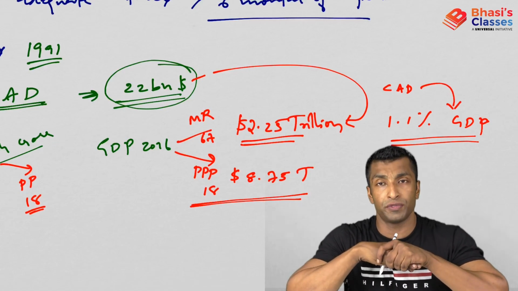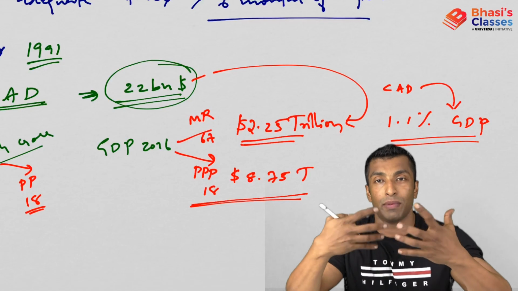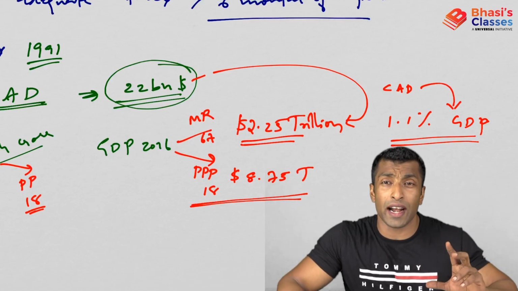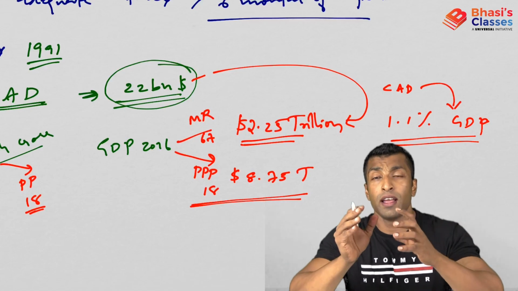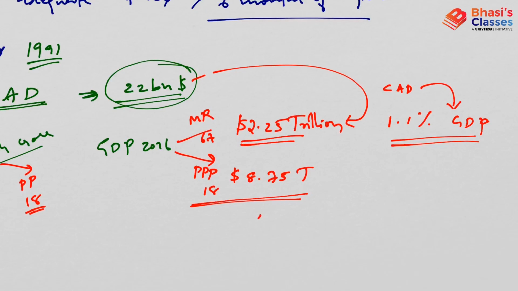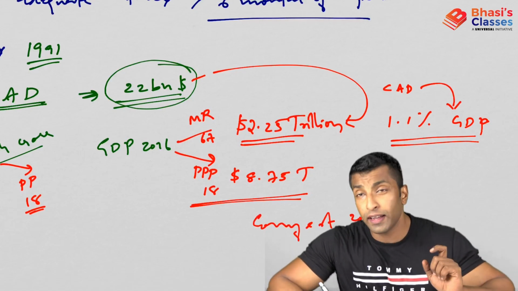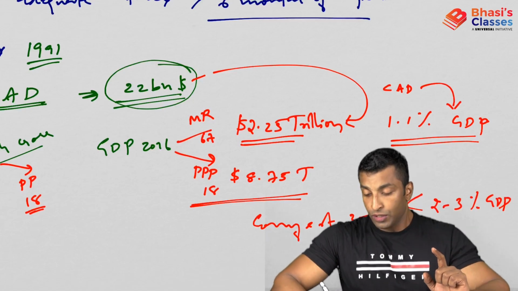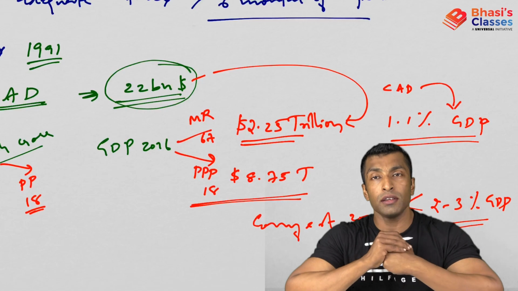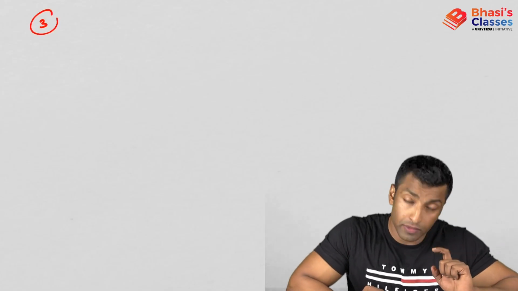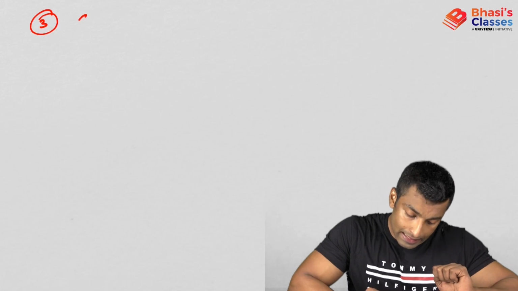So 1.1 percentage of GDP, and what is the desirable situation, or what is the adequate CAD, or I won't say adequate like in terms of forex, I should say what is the comfort zone. That means to what extent you can go. The comfort zone is actually that it should be less than 2 to 3 percentage of GDP. So we are very much in the comfort zone. The next is again a very important concept. Third component, that is external